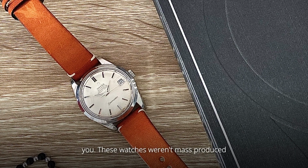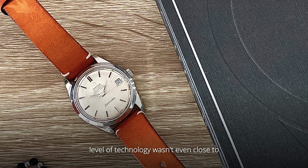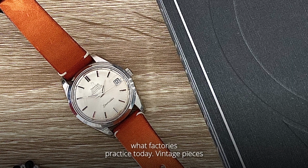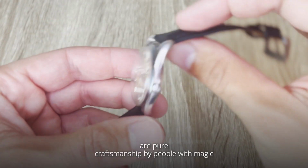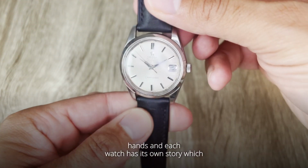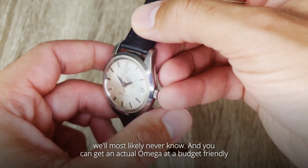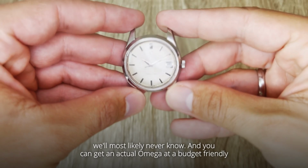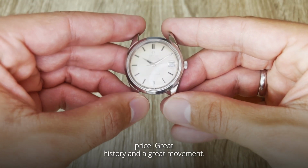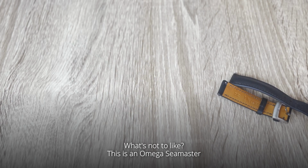These watches weren't mass produced in the same way watches are these days. The level of technology wasn't even close to what factories practice today. Vintage pieces are pure craftsmanship by people with magic hands, and each watch has its own story, which we'll most likely never know. And you can get an actual Omega at a budget-friendly price. Great history and a great movement. What's not to like? This is an Omega Seamaster reference